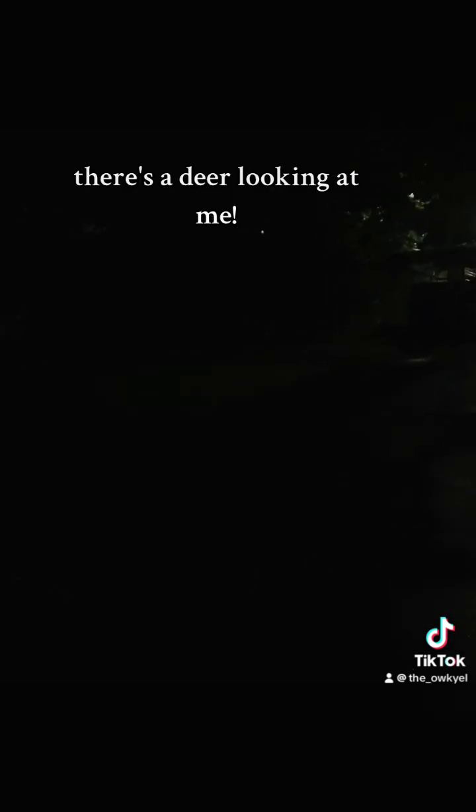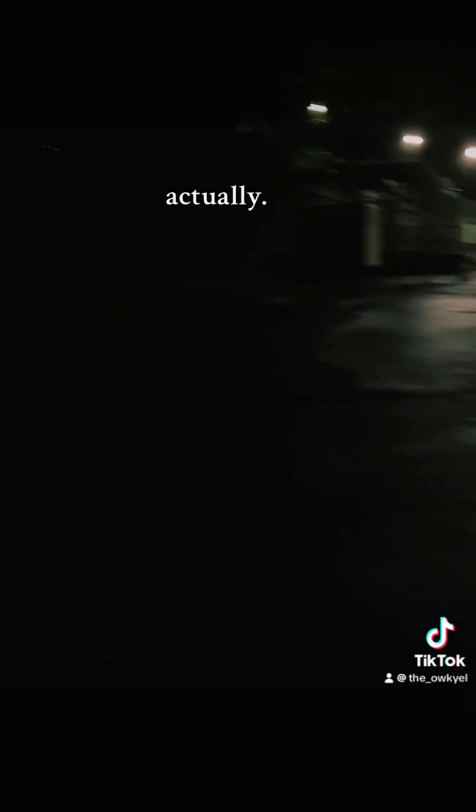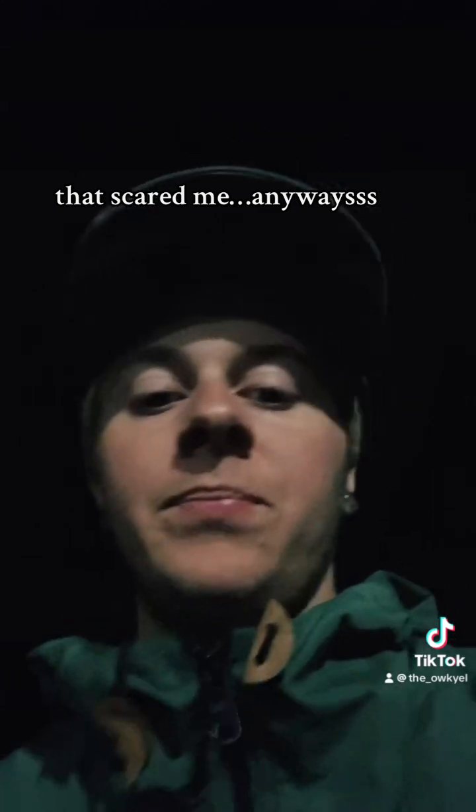Oh, there's a deer looking at me. That scared the living crap out of me, actually. There's a deer over there staring at me in the shadows. That scared me. Anyways,